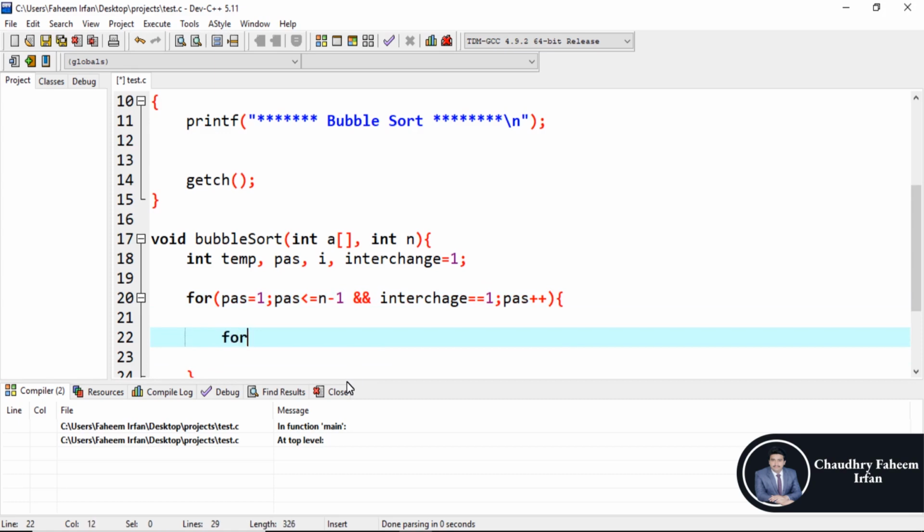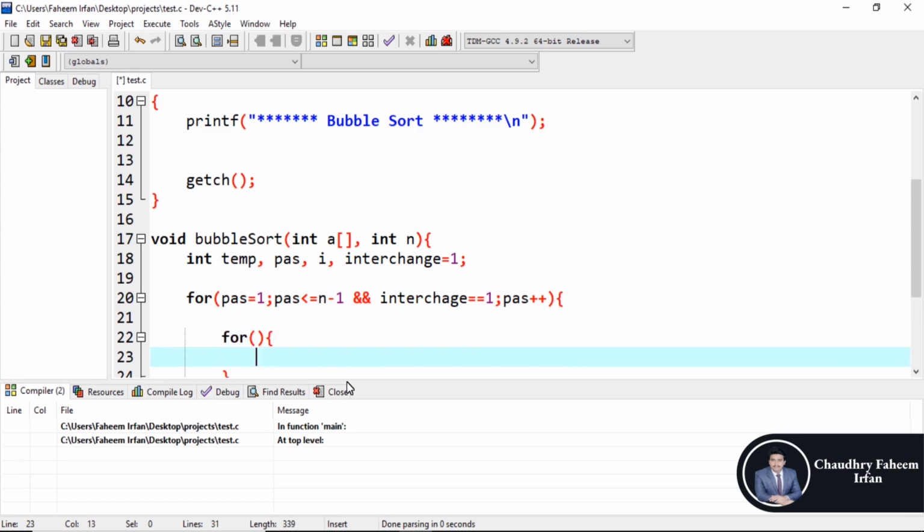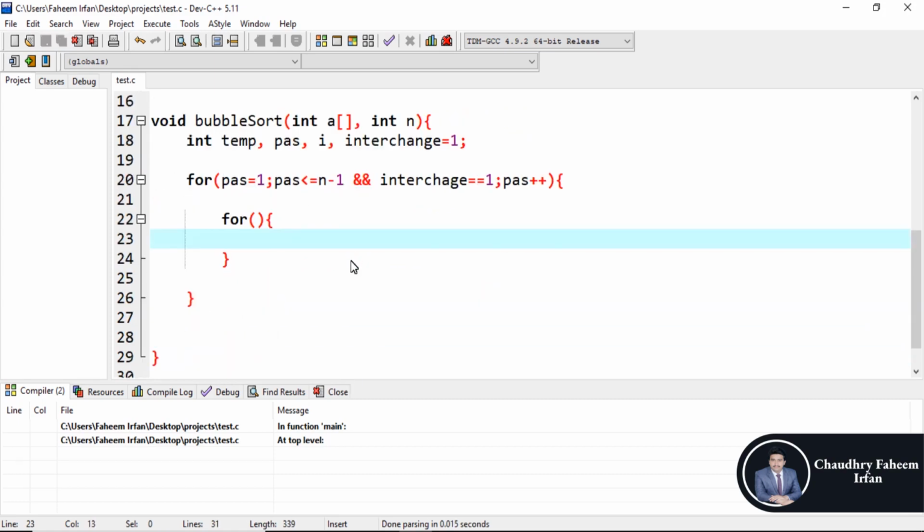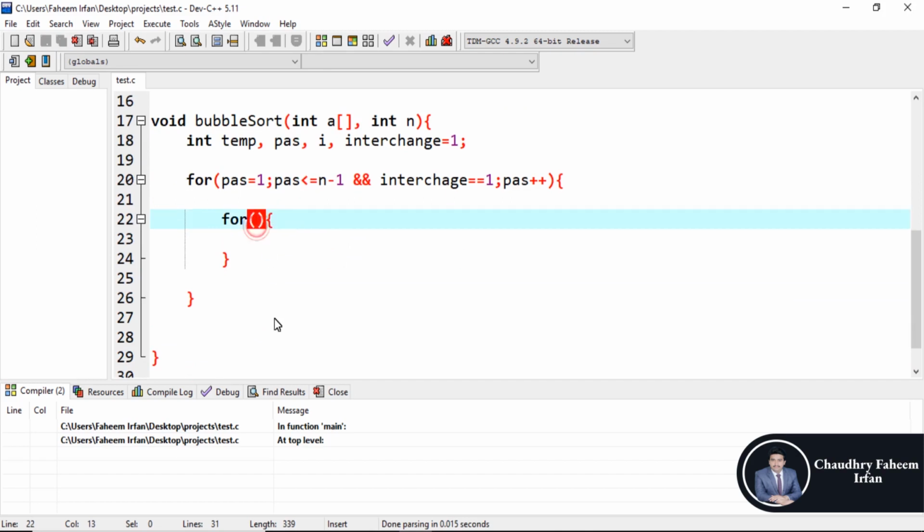and here is the inner loop where I is equal to 0, I plus plus, I less than or equal to n minus pass,